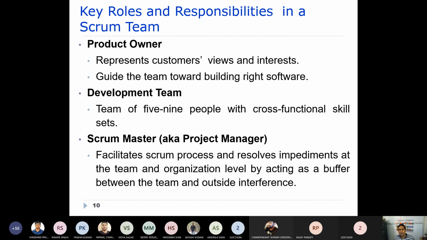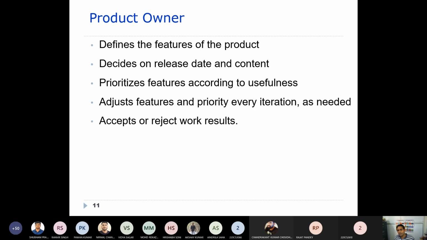Now we'll see the responsibility of each and every role, what they are all doing. Usually the product owner defines the features of the product, as I told you. He is the one who represents the customer view, so ultimately he guides the development team in developing the right product. That means he defines the right features, what is really required to be developed.